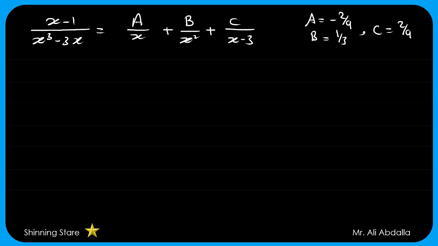Then we can find the integral of this function. The integral of x minus 1 over x to the power 3 minus 3x dx equals